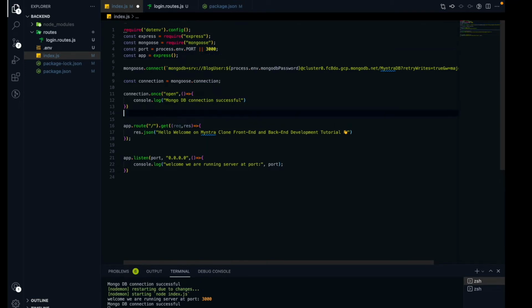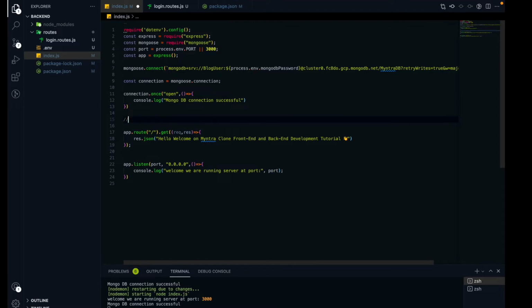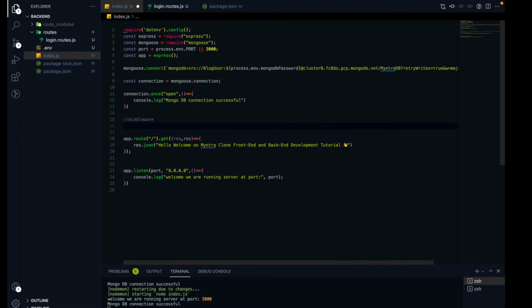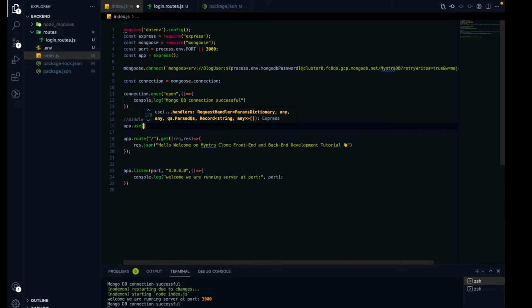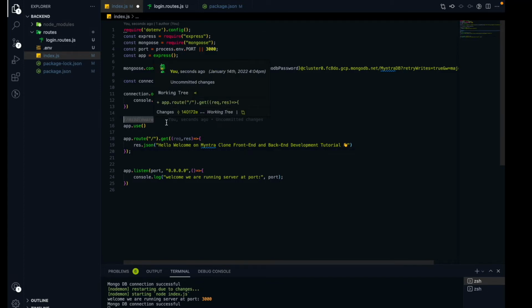So we have one thing called the use method on the express.js instance. Okay, so app, which is an express.js instance, has one method called use, and we use this use method to add the middleware.